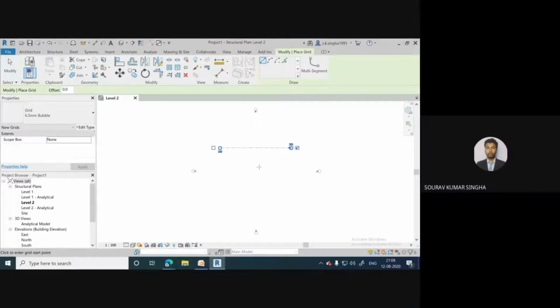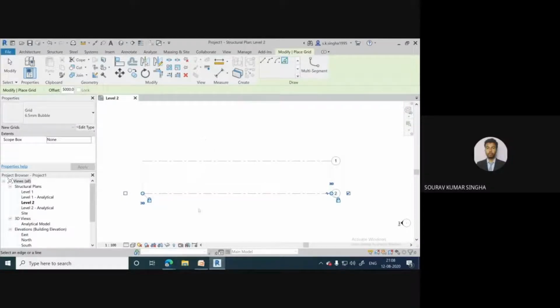Now if you want to make an offset of 5000 and make another grid line over here, how can you make it? Very simple. Look, you just select this line, and give the value of the offset here. So I am giving, suppose, 5000, and just select the line and select the side. You can see in the dotted line the side is shown, so it is done. Okay, the offset value is 5000.